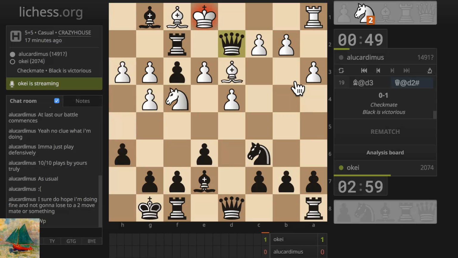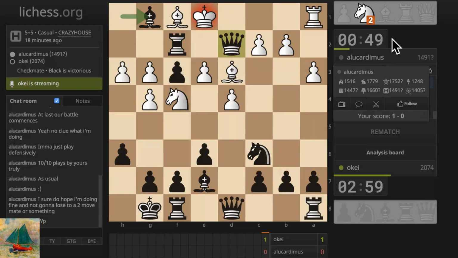f3 is not a waste of time. It's creating an easily exploitable weakness for no good reason, says Adimara. That's true. The only thing to say in defense of f3 is it's helping control the center, e4. So yeah, no, you did a good job, Alucardamus. To be honest, there were very nice ideas you had with the rook g1. Yeah. So I would say